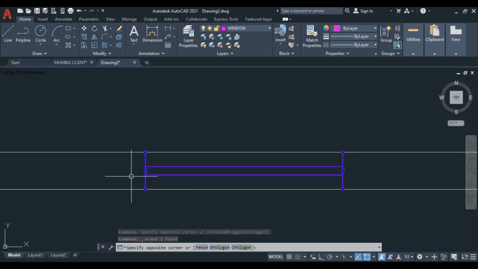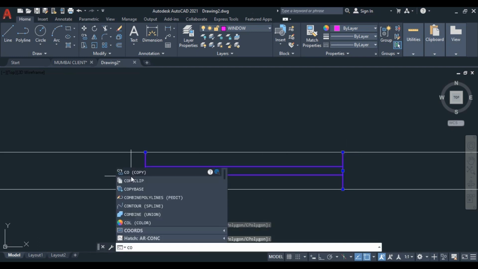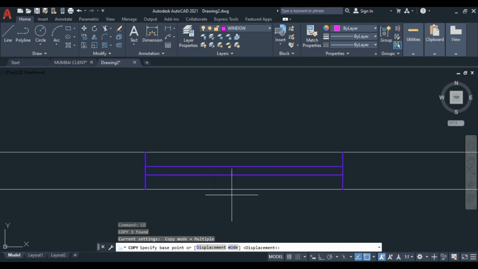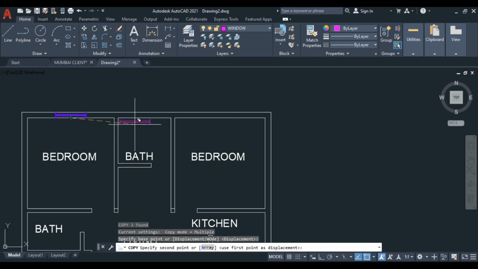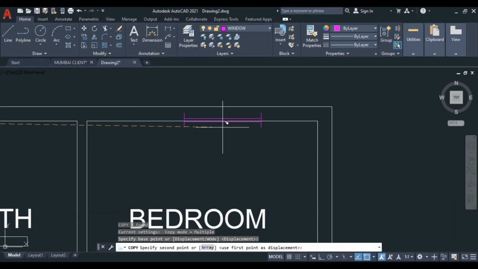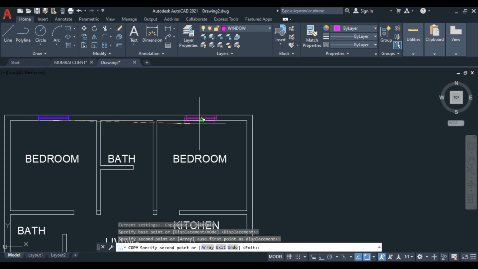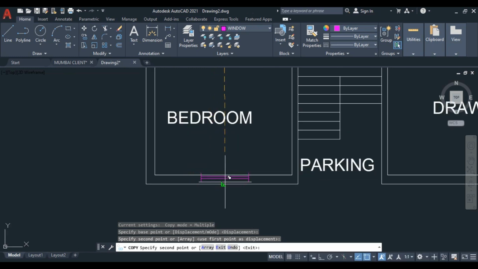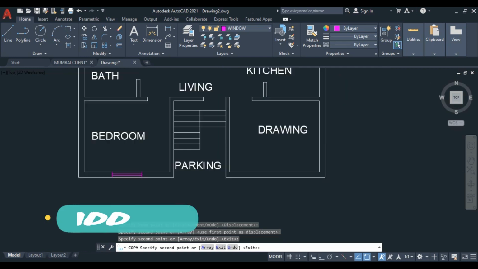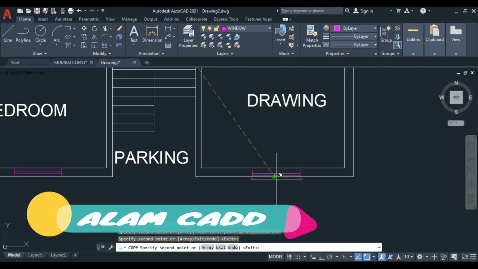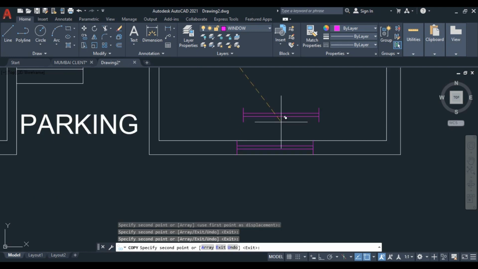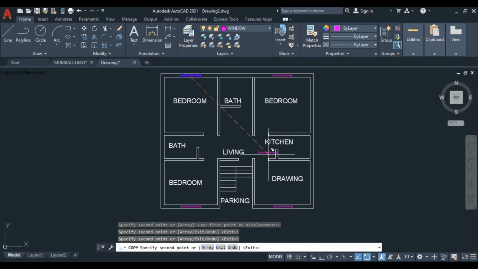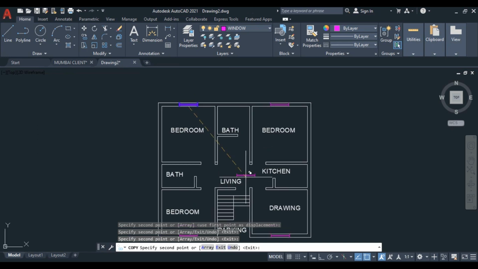So we'll copy it, so just select it, type CO for copy, press enter, and pick from this midpoint and keep it here to midpoint. Okay, we want here also, keep it to mid, keep it to mid. Okay,